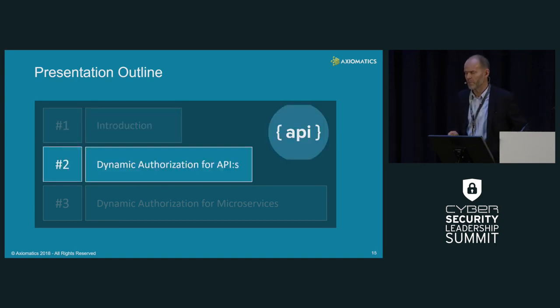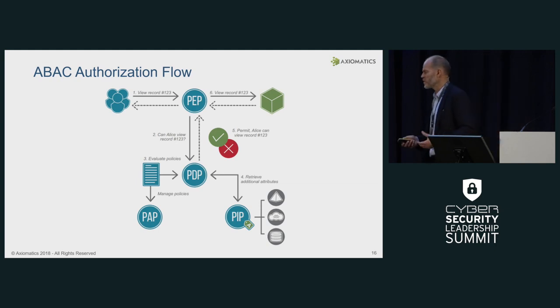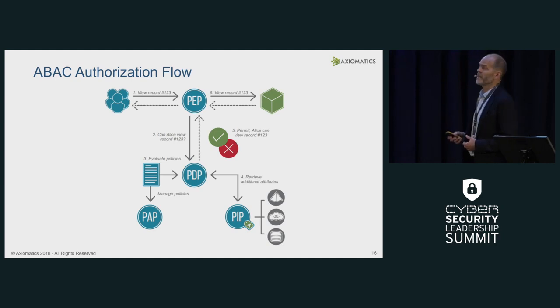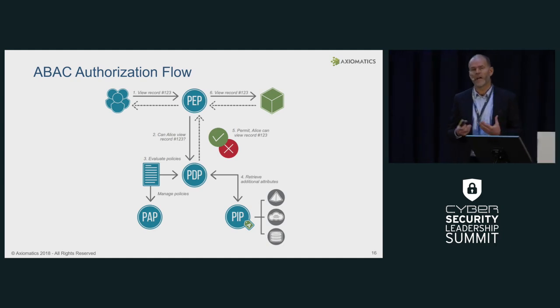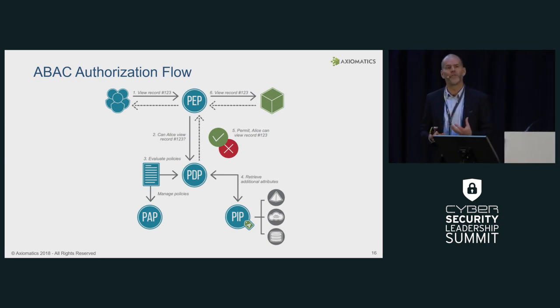So how can we apply this to APIs? And obviously we have a little model for this. There will be no test on this, but I need to explain it just briefly. At the top, we have end users trying to get to a record in a database or an application. We have a policy enforcement point in front of the application that stops this request,